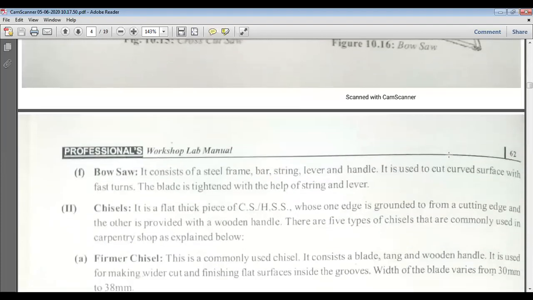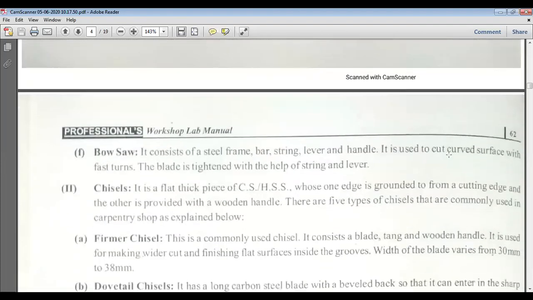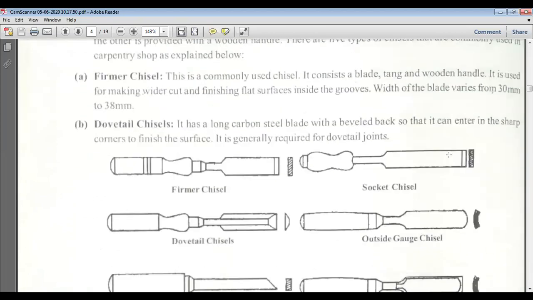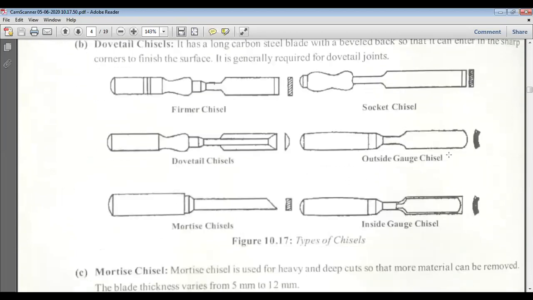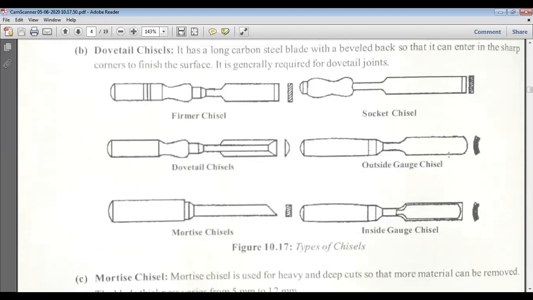Then we have chisels. Chisels are also cutting tools, used to give V shapes and slots in wooden pieces. The firmer chisel and dovetail chisel are the two most employed in the wooden carpentry shop. They are used to give different types of slots and different internal shapes to the wood.